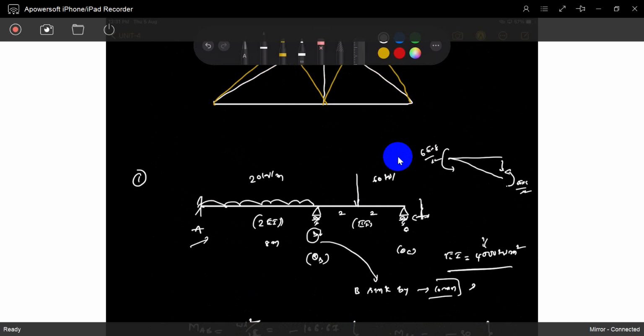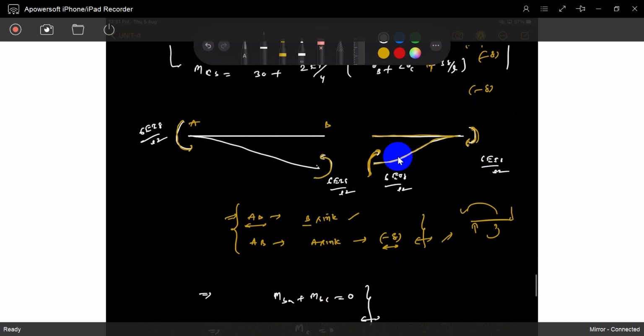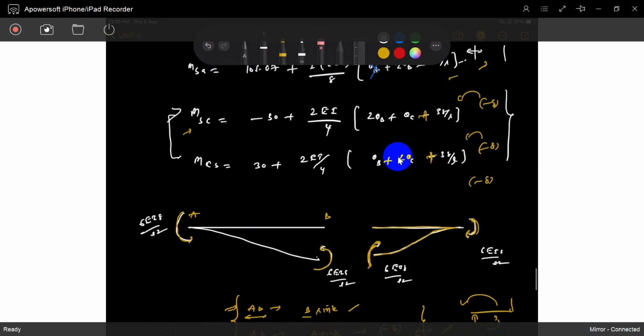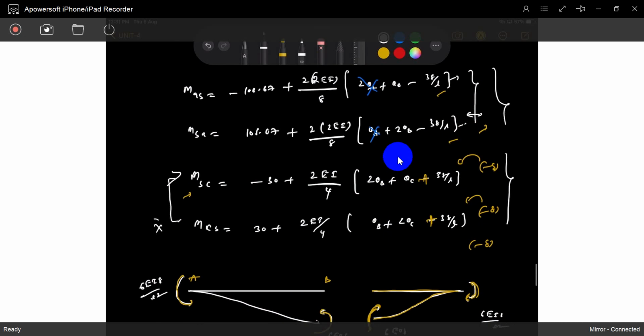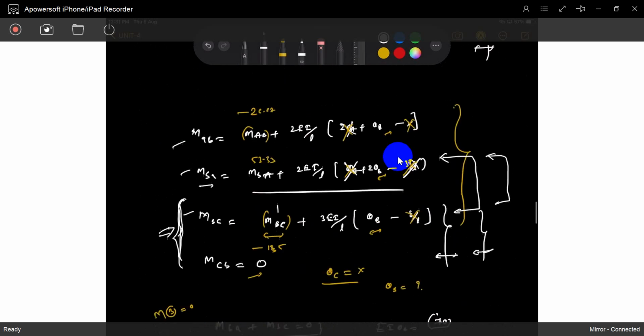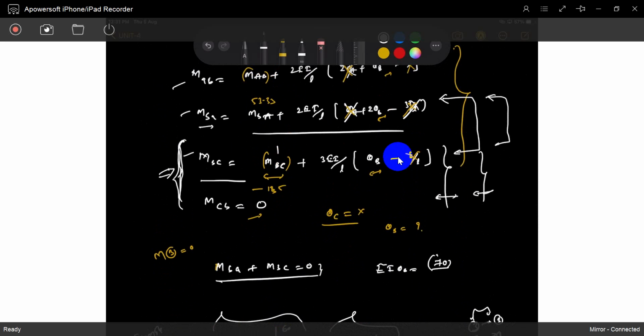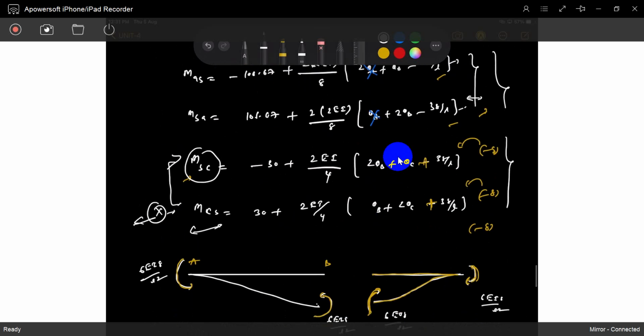You can reduce the equilibrium equations requirement from 2 to 1. How can you, sir? You can write down the modified equilibrium equations. You can delete this MCB. You can write only MBC, so then the only unknown is theta B. Sir, how can you write down the modified equation? We already wrote down the equation. See, this is it. You can write down the MBC like this, so you can just avoid this.